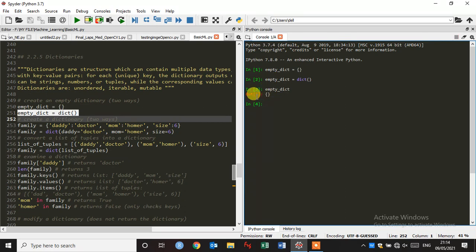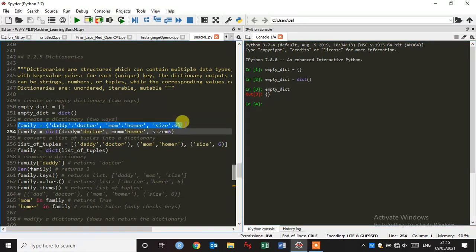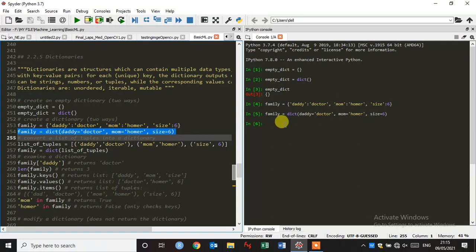Okay, and the dictionary is created. So I have given two ways already. Select this and this. So this is how we can create a dictionary.